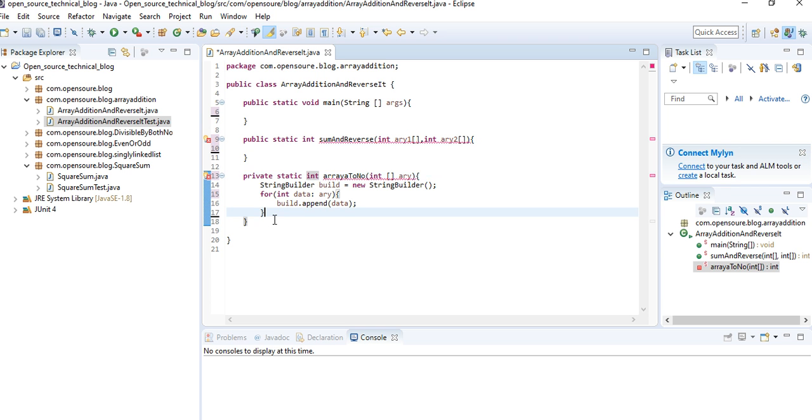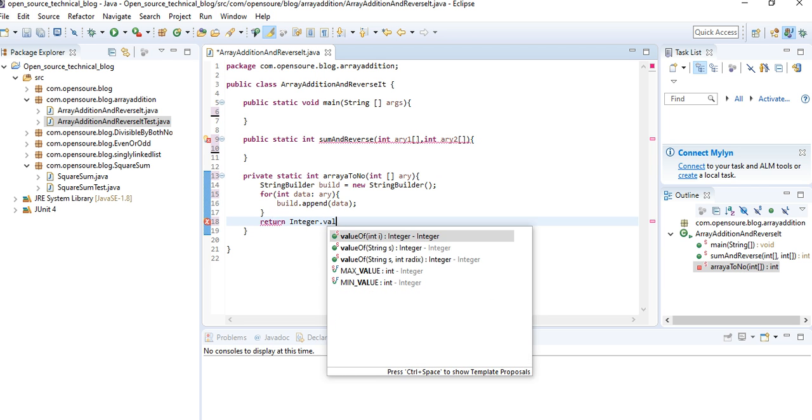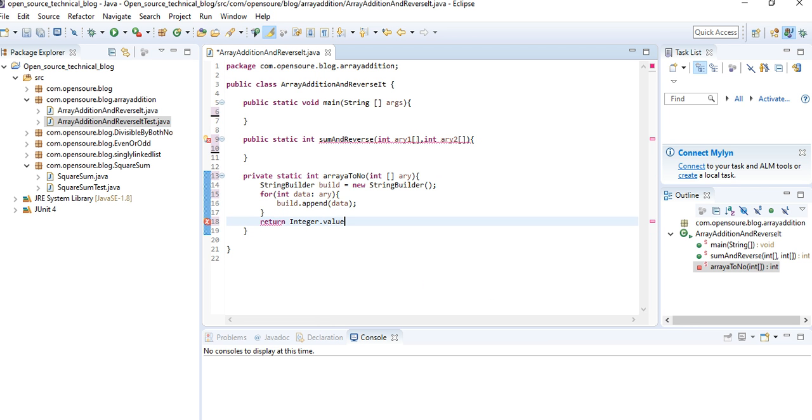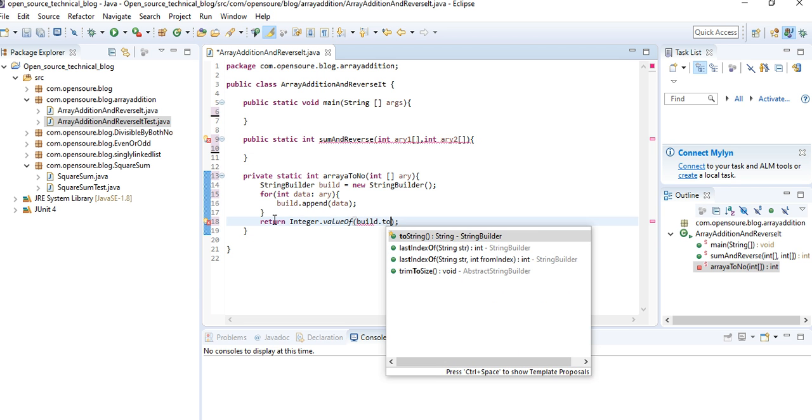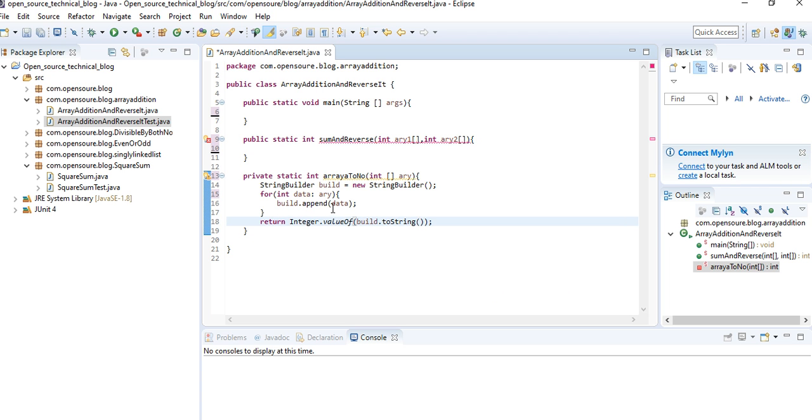So what we need to do is return the valueOf method, which takes different arguments and converts to integer type. In my case, builder toString, so it will take a string argument and give an integer number.